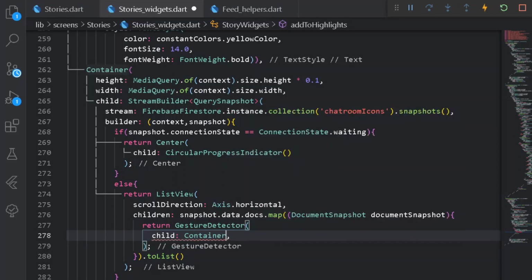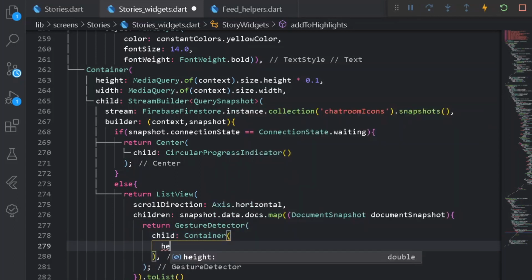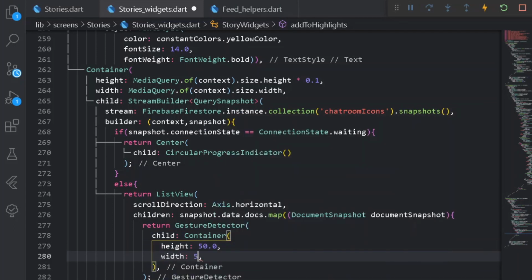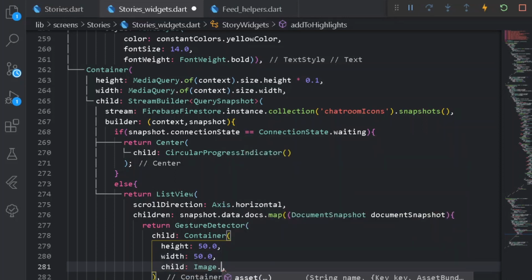Under the container, first of all let's have some dimensions to it, a height of 50 and also a width of 50. Let's have a child for Image.network, and under the source I can simply have documentSnapshot.data, and under this let's have the image of the icon.